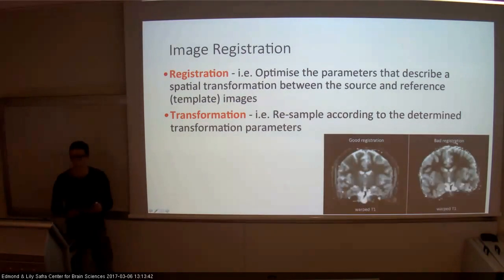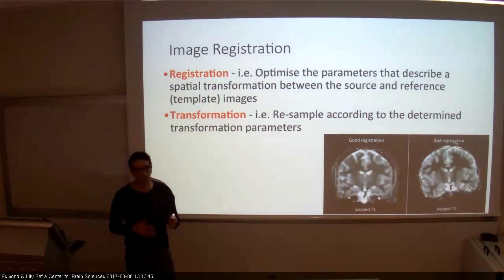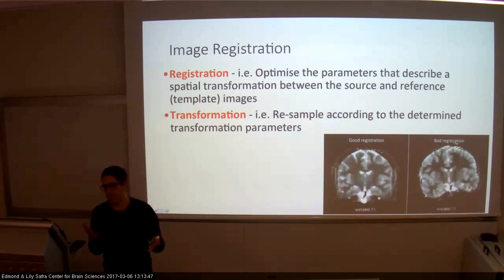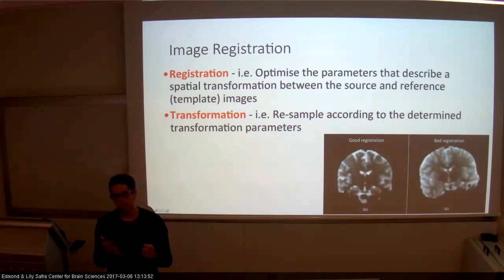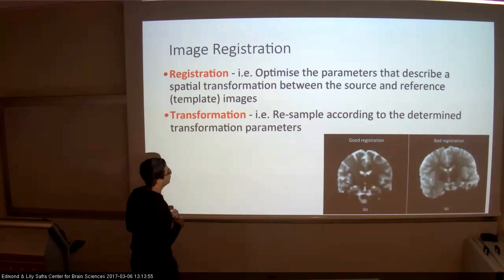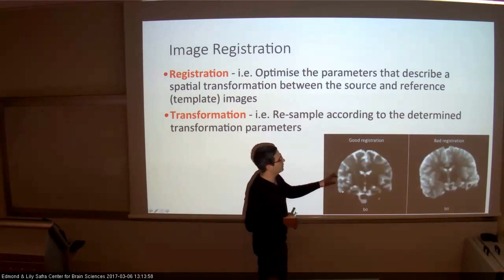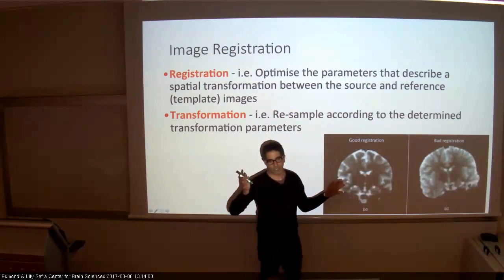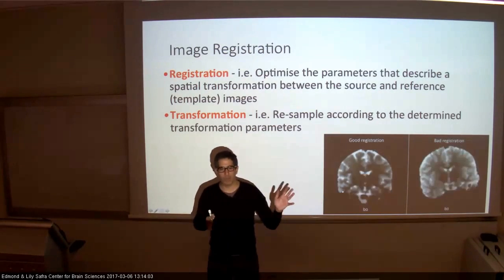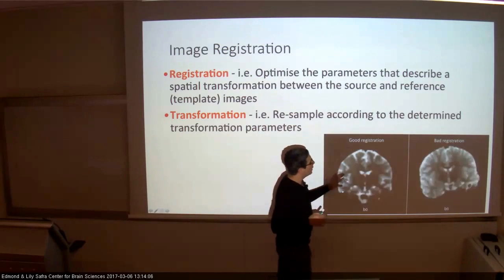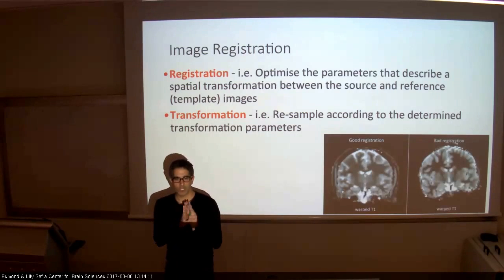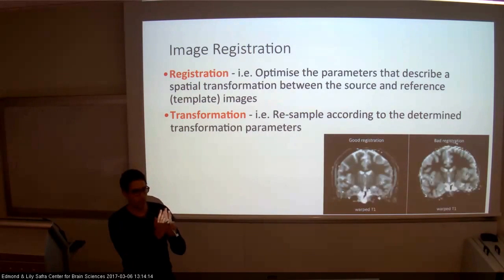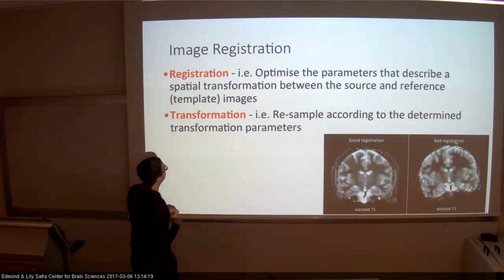So first, I want to tell you something about, let's say, I measure the same subject twice. Many times when you have images, there are some things we do with them. For instance, we might register them. What does registration mean? We might measure the same subject twice. This is coming from Shai's article, actually. She measured the same subject twice, one T1 weighted and the other T2 weighted, never mind. And so she needed to register them. It was the same brain, but it was measured twice, so she needed to put them in the same common space. So in many cases we're doing that,